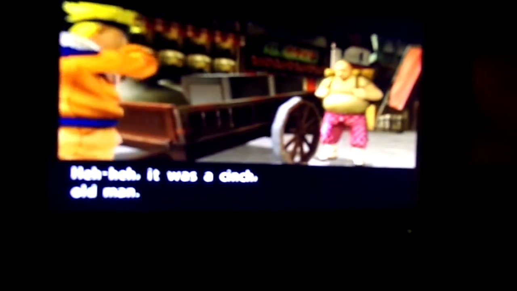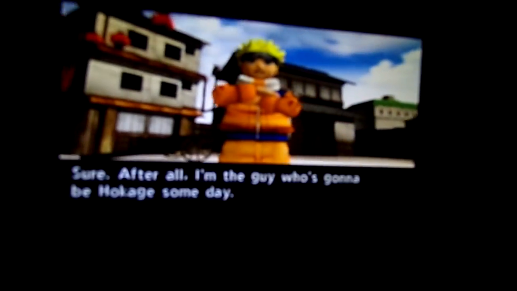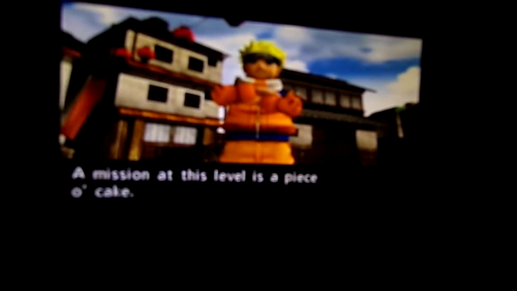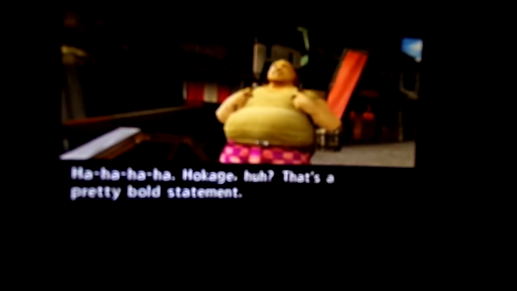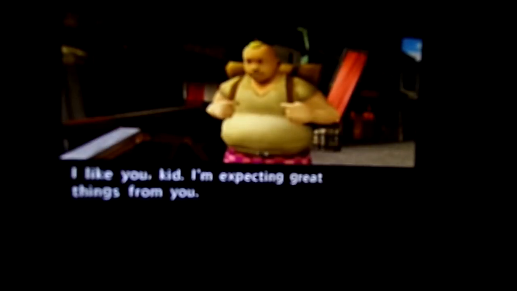We delivered the goods! For the goods, I see. Okay, good work. Dude, who wears those pants? Those are like lounge pants. Oh, you're a spirited kid. So it was a cinch, wasn't it? Sure. After all, I'm the guy who's gonna be Hokage someday. Nice. A mission at this level is a piece of cake. It's a piece of cake. Piece of cake. That is a weird type of... Hokage, huh? That's a pretty bold statement. I like you, kid. I'm expecting great things from you. Yeah. See you, old